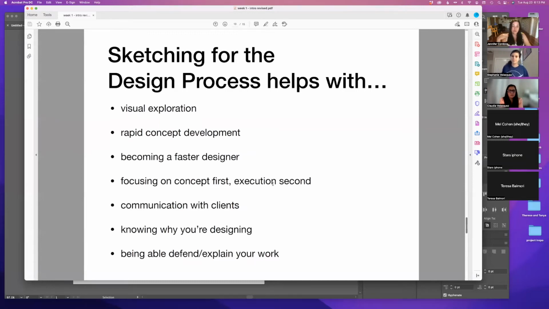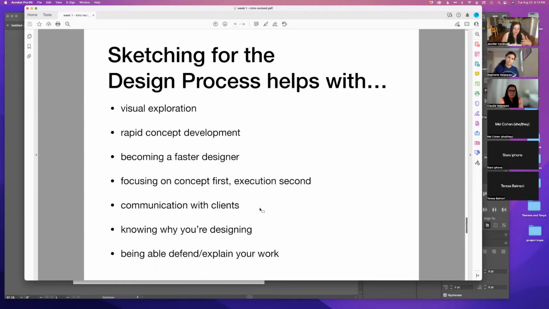If you have a great idea, I can probably help you figure out how to execute it technically. But I can't really help you with your project if you don't even know what you're going to create. If you don't know what you're going to create, then I will help you brainstorm and generate ideas. But if you know what you want to create, I can probably either do a tutorial or find a YouTube video and show you how to actually execute that.